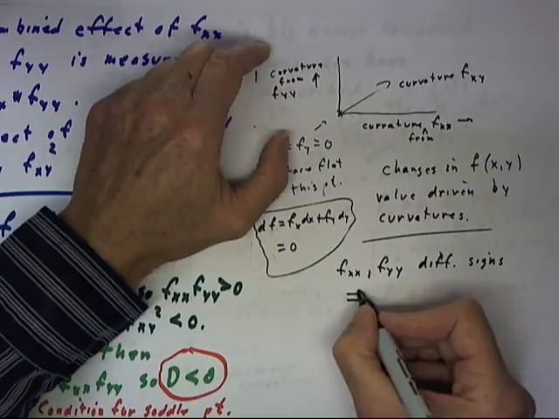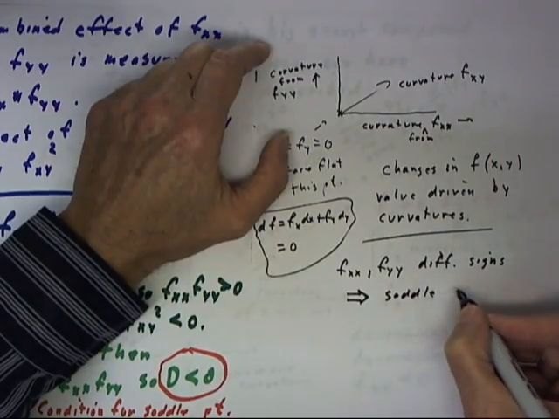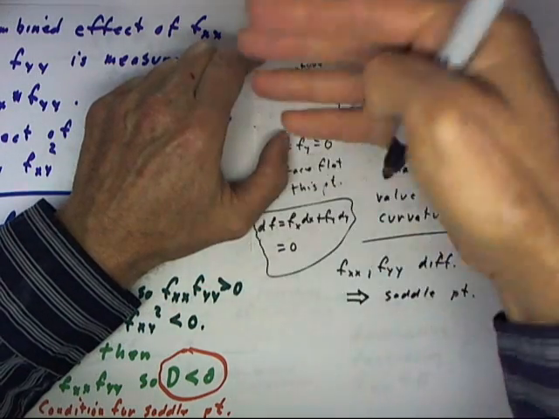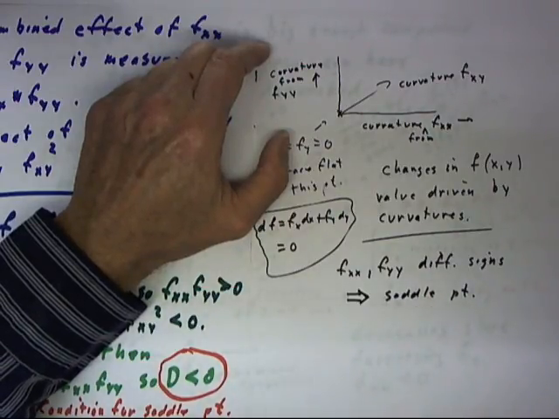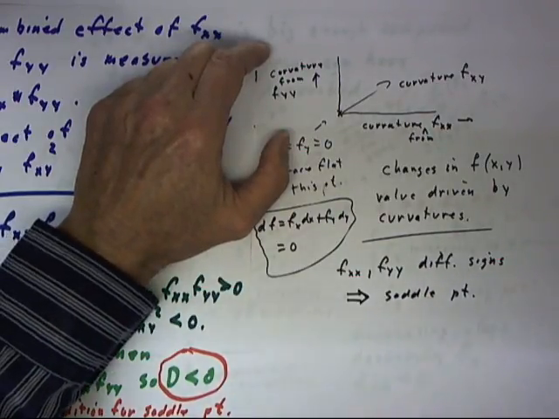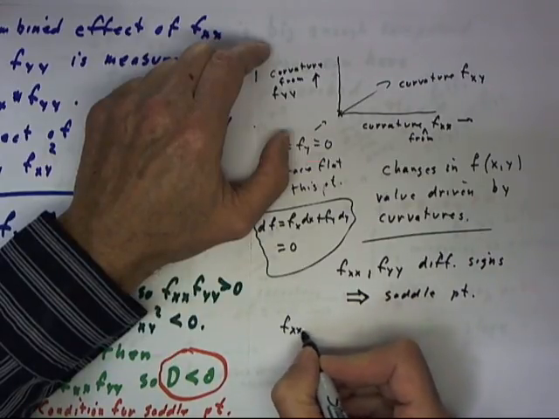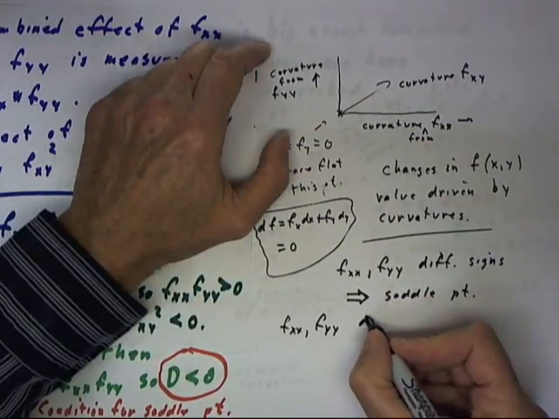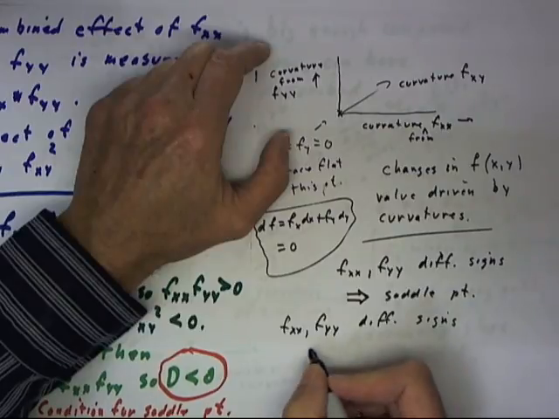then we have no escaping. We have to have a saddle point. You can't have a positive and a negative curvature meeting at a point and not get a saddle point. And we'll note that if fxx and fyy have different signs, then